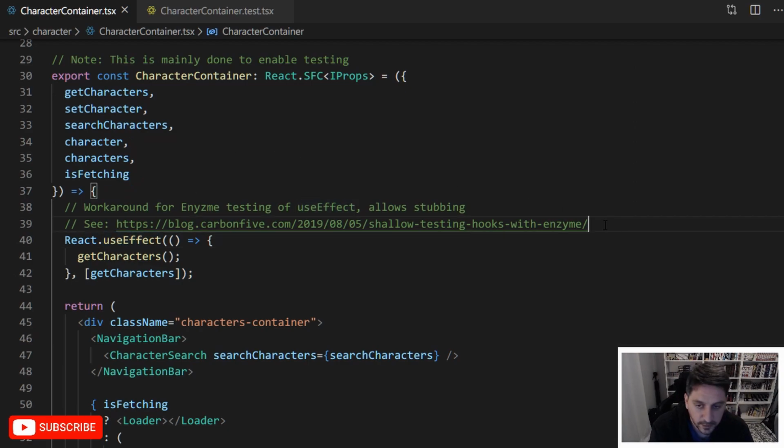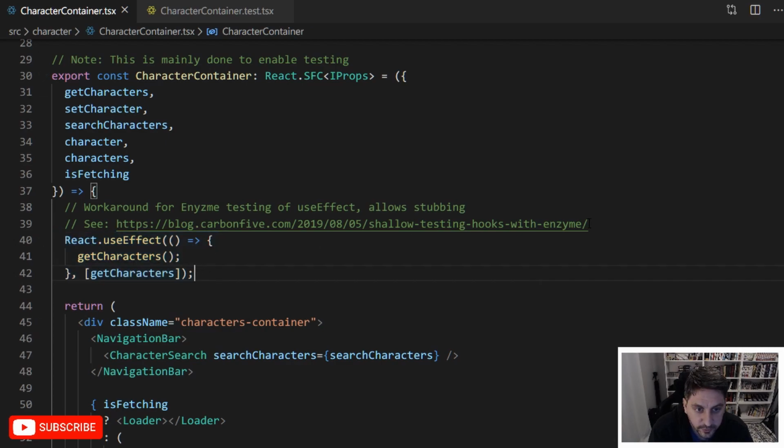You either need to rely on mounting the component, which I didn't want to do because this is the top level component for characters, and that would force me to render out the entire tree, and I don't want to do that. Or you can use a different renderer, I think React Test Renderer or something like that supports useEffect,